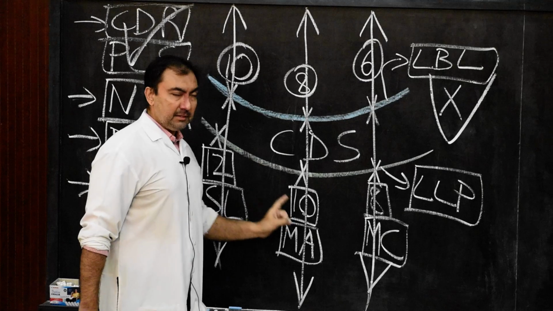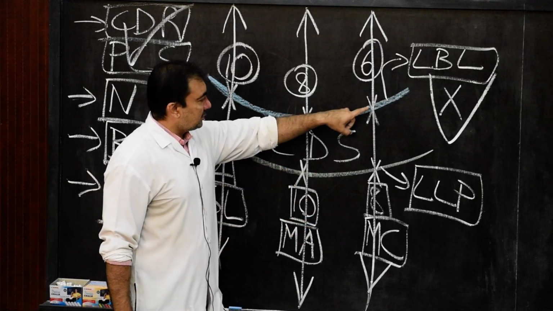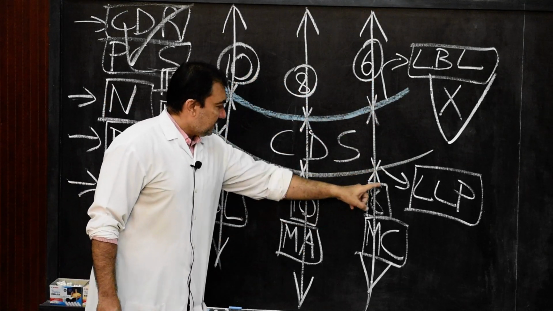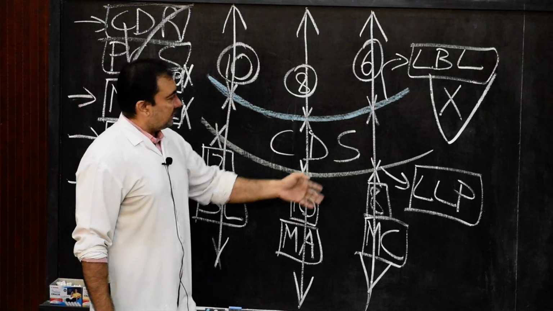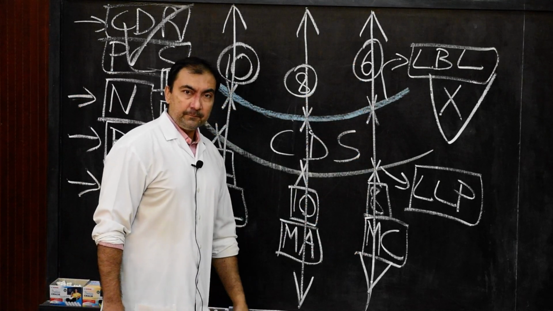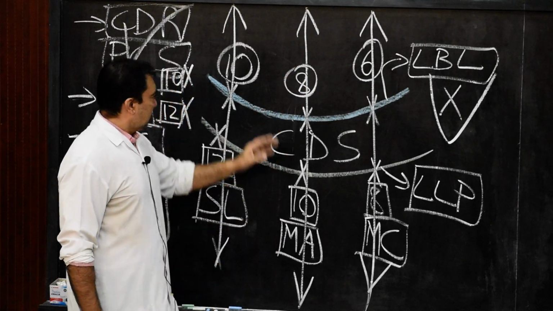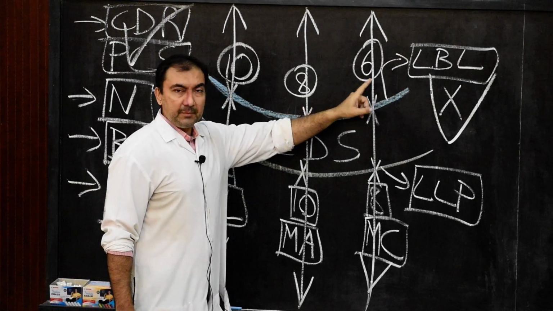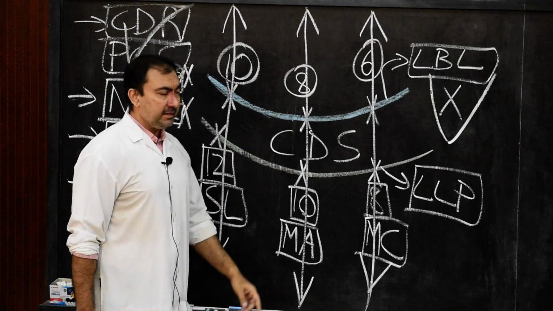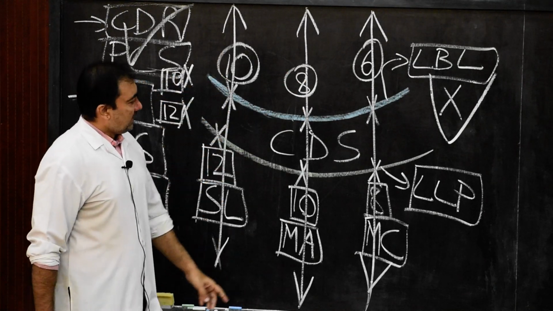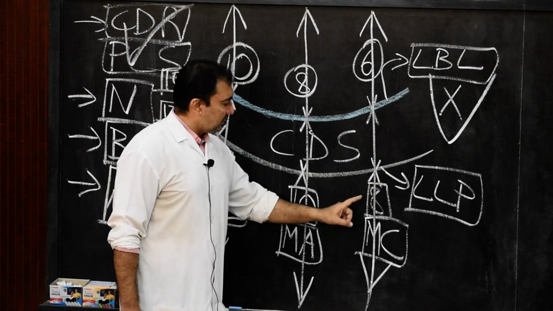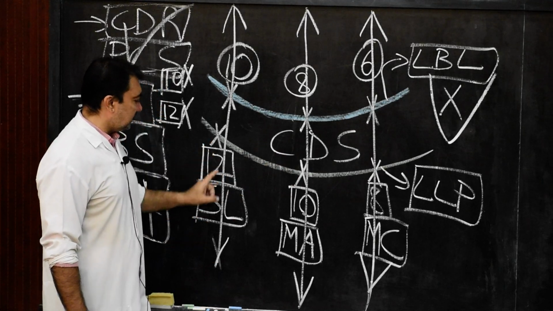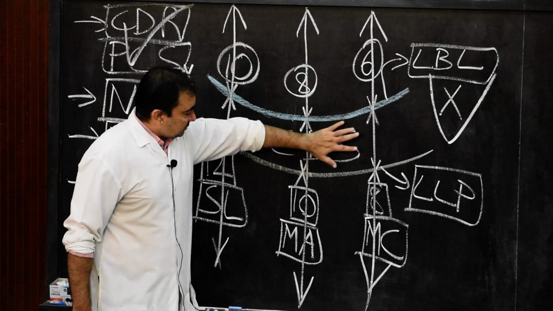So these 6 numbers are very important as far as the lower border of lung and the lower limit of pleura are concerned. That is 6, 8, 10 and 8, 10 and 12. Respectively, they are crossing the mid-clavicular line, mid-axillary line and scapular line. So the lower borders of the lung will be present at the level of 6th rib in mid-clavicular line, at the level of 8th rib in mid-axillary line, and at the level of 10th rib in the scapular line. And similarly, the lower limit of pleura will be present at the level of the 8th rib in mid-clavicular line, at the level of the 10th rib in mid-axillary line, and at the level of the 12th rib in the scapular line. So this is costodiaphragmatic sinus.